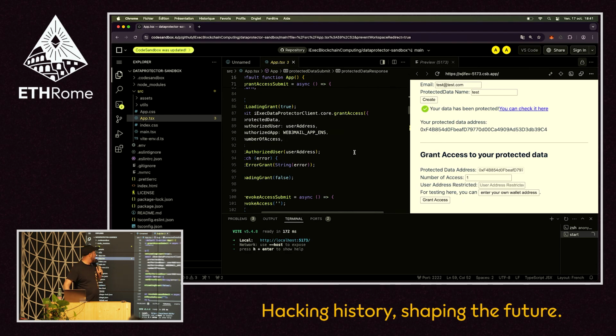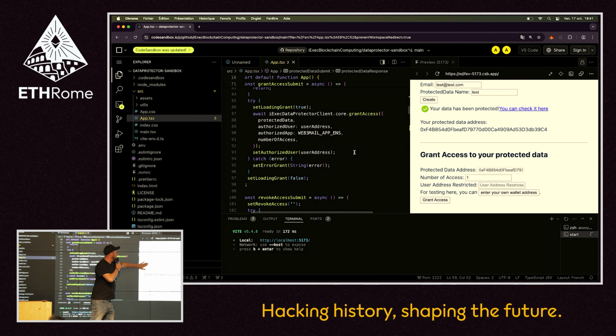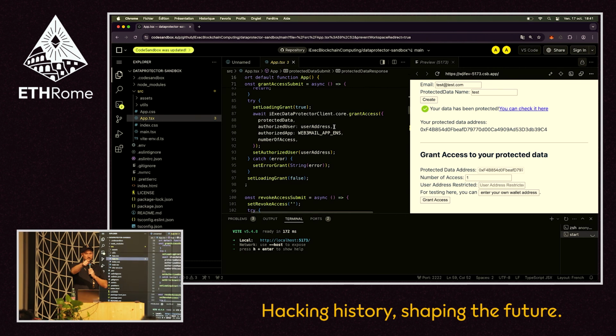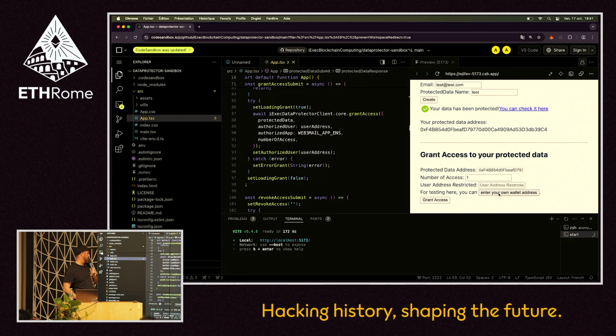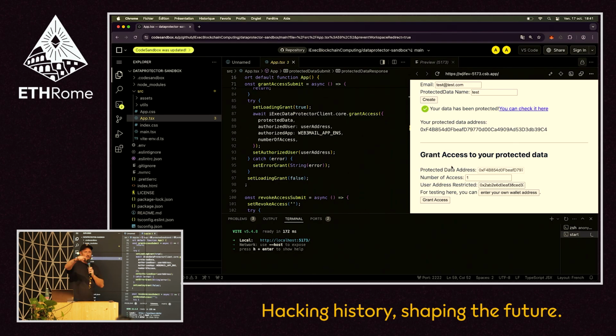The first parameter is the protected data. Okay, cool, with the protected data address. We've got one, perfect. The second parameter is the user, the Armando wallet address. Perfect, I got it. Oh, and there is a mysterious third parameter called authorize application. Because, okay, I've got a protected data, I authorize Armando to use my protected data, but he needs a special application if we want to keep the chain of trust. So he will use an iExec application. So grant access